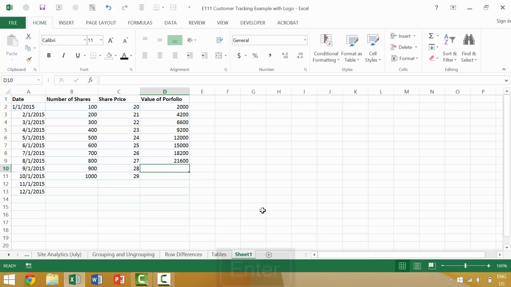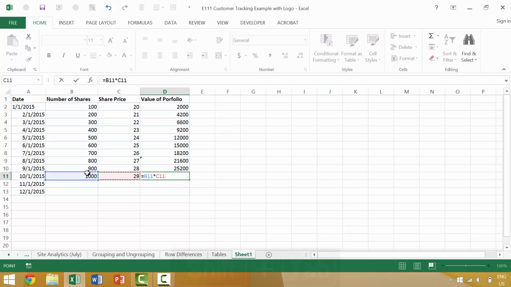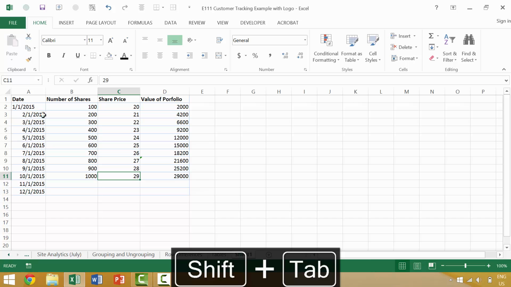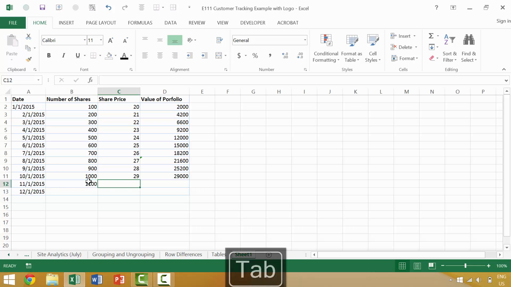In our last video, we looked at taking information, inputting it into a cell, and then pressing the Tab key. That would move to our right. If we want to take information, such as the values of these two cells, and then move to our left, we would press the Shift key and the Tab key. Now, this is fine and dandy